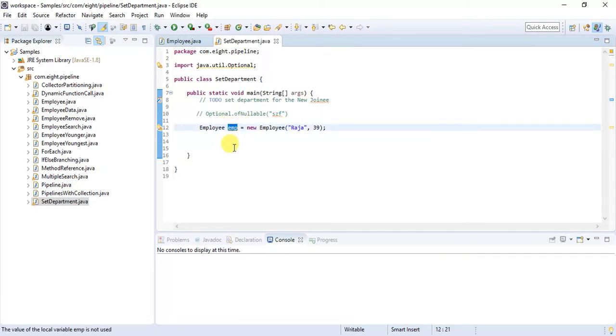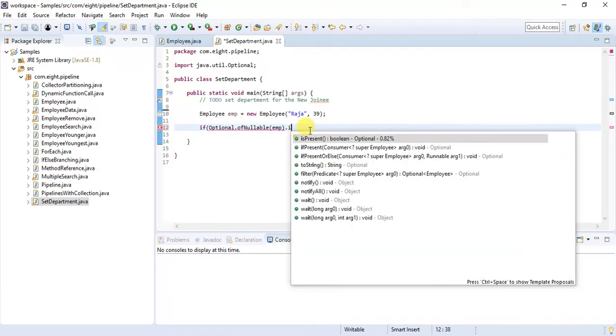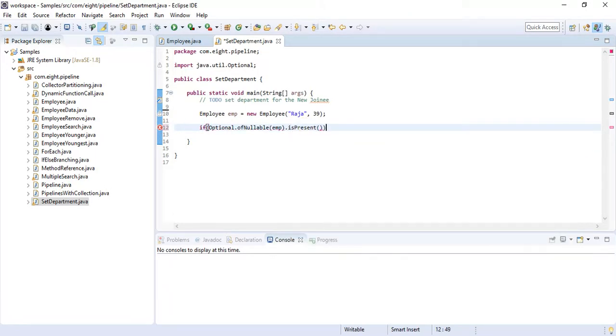So this object, my service might return the same employee if available, or sometimes it may not be available. So I have to create that employee along with the department separately. So in this case, if I have that employee available, what I have to do? I have to set the department. How can we do that? If this is not null,